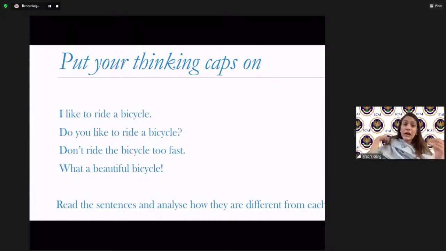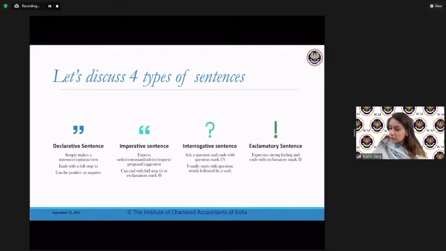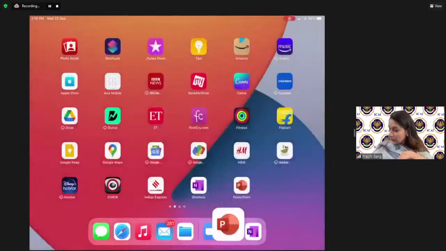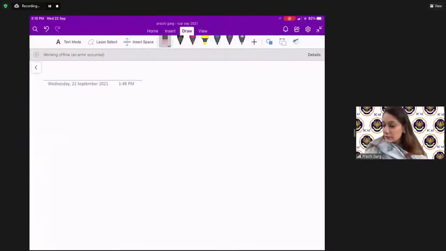So if you see how all the four sentences are different from each other, their functions are different. They are said in very different situations, in a different tone, with a different expression, right? Every sentence has a different meaning. So this brings us to our four types of sentences, which I will be discussing one by one. I'm going to put this PPT off for a while, and I will be teaching you on the board so that it's clear to everyone, right? So let's start with the first type of sentence, which was